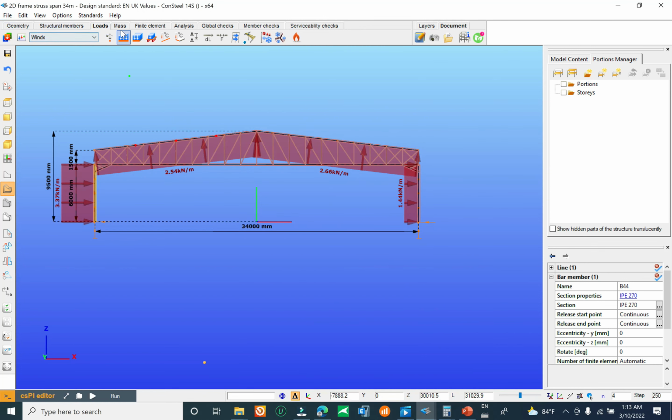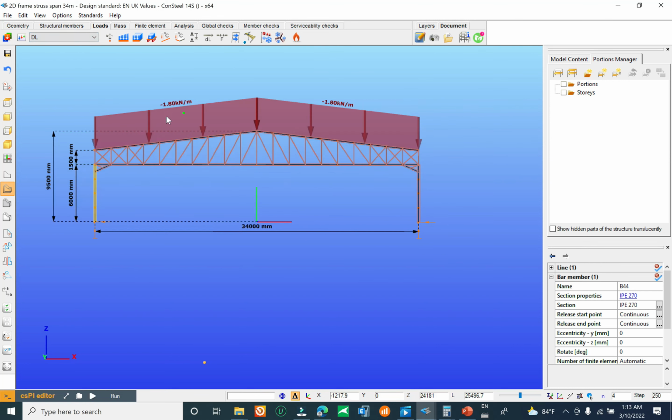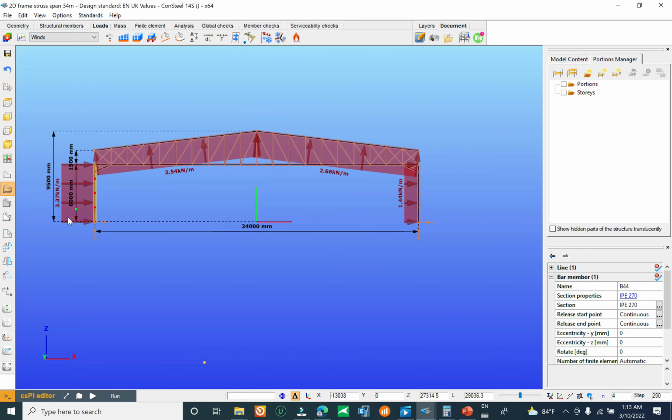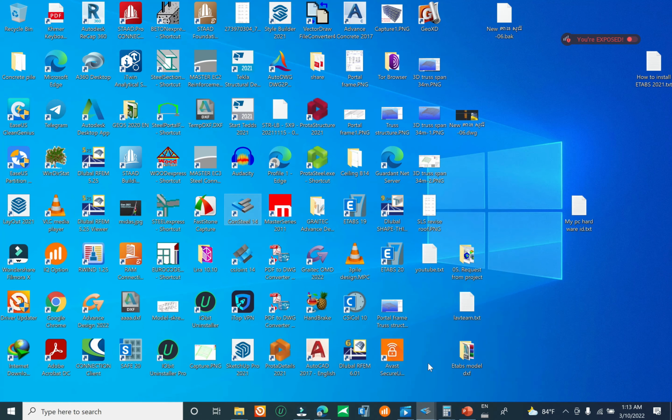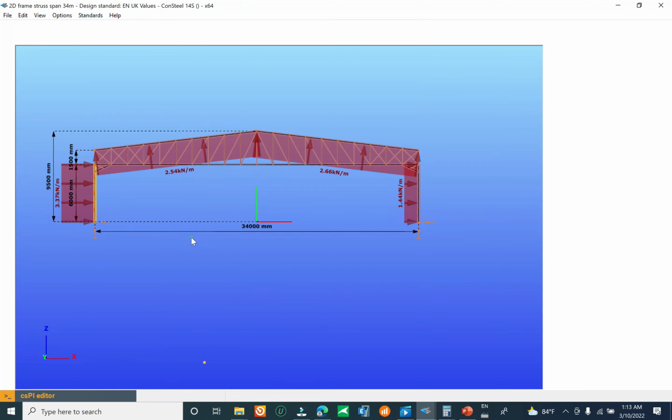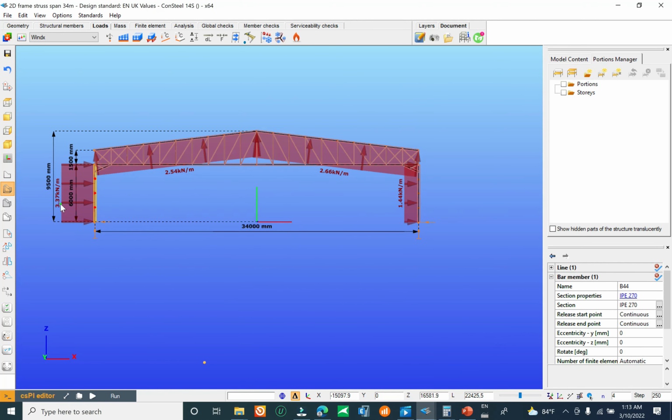Okay, this one we apply the load 1.8, we apply load 2.4, and below is 3.37, 2.54 and 2.66. Okay,